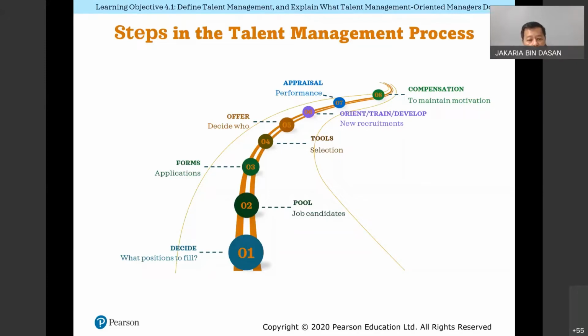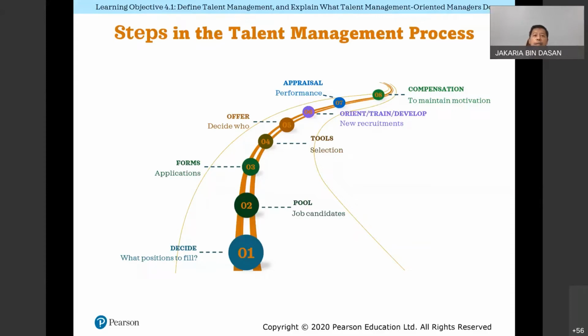You are not hiring those who are just to ensure that you have big numbers of employees, but the expectation is for you to have employees who are talented enough to increase or enhance the efficiency and effective operation of the organization. So more or less, we are saying that when we do recruitment, when we seek employees, we are actually looking for talented employees. So what we need to do, when we do job analysis, we need to decide